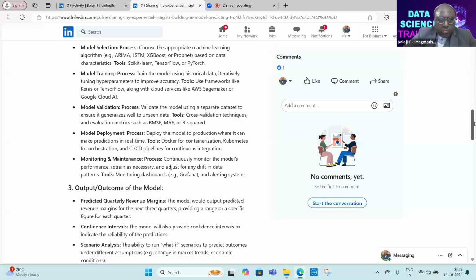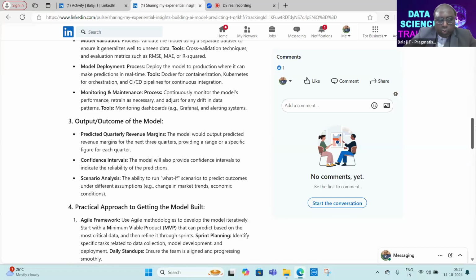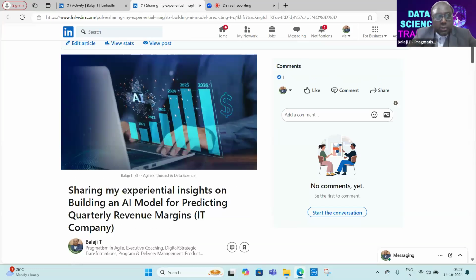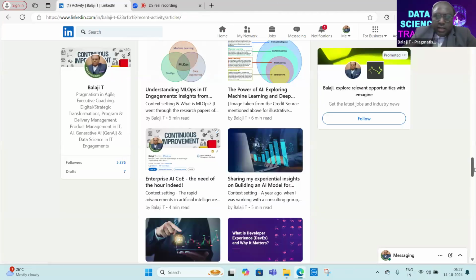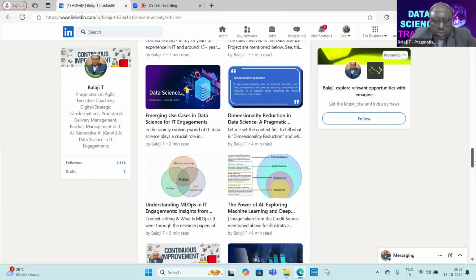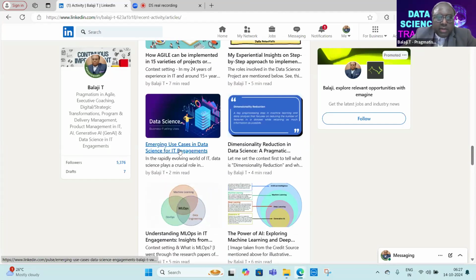So go through this particular model, so that while you are creating an AI model for some other use case, this LinkedIn article will come as a handy reference to you. That's what I am trying to tell you people. In this particular journey, I will be an improvement enabler, but you people need to improve by assimilating the subject. All right, so let us go to the next article. Similarly, I have written here what the emerging use cases are.